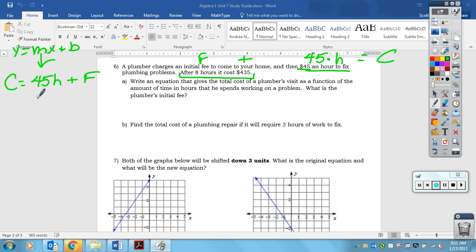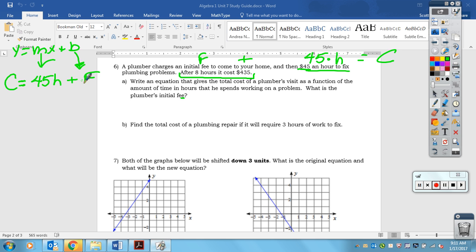45 times the number of hours, that's the x. So the y and the x, or the C and the H, are going to stay. The question is, what is the initial fee? A says, write an equation that gives the total cost for a plumber's visit as a function of the amount of time in hours they spend working on a problem. It's essentially saying the cost is a function of how many hours. Cost is,